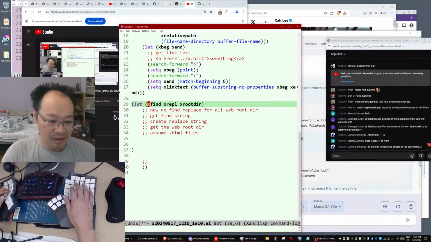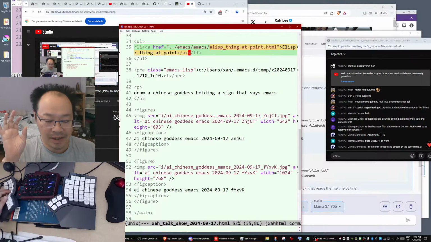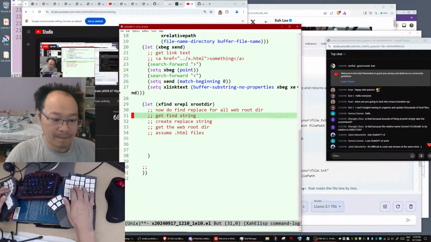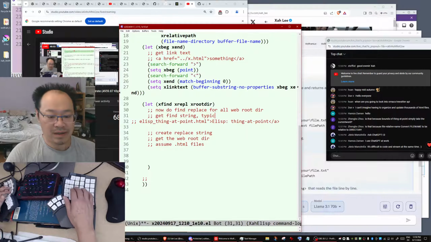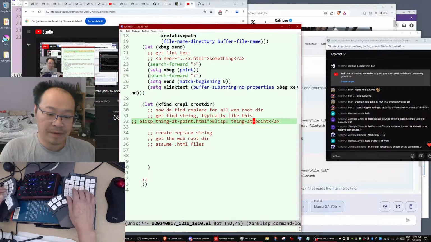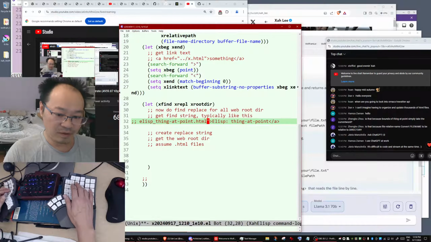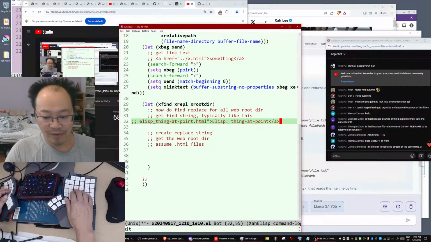So how do you get the find string? If we look back at this, typically the find string will be that, because you want to grab all links of this form for any directory.